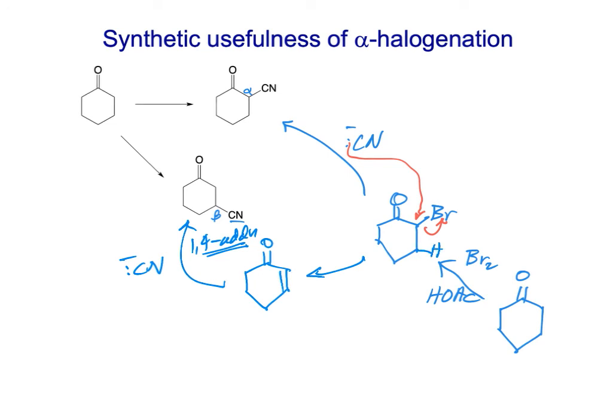So this step here is just probably an E2 elimination. I think there's a variety of bases that you could use. I've seen pyridine used. And our book likes to use a combination of lithium carbonate, lithium bromide, all in dimethylformamide. All right, so this is a way that we can bridge the reactivity at the alpha position with the reactivity at the beta position. Then the 1,4 addition gives us this beta cyano